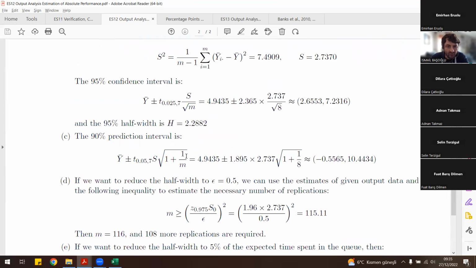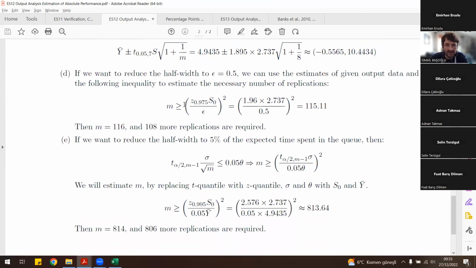Now, how do we perform it? I have already explained the theoretical background of this in the theoretical class. So we are basically using this formulation, my friends. If I want to reduce my half-width to 0.5, then I can use the sample standard deviation estimate that I get from my pilot replications. For 8 replications, the sample standard deviation across replication results was approximately 2.74. And I multiply that value with